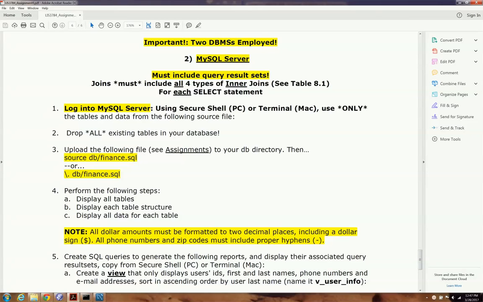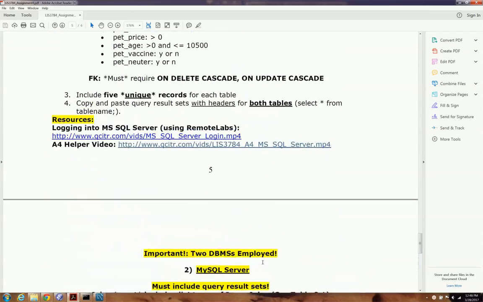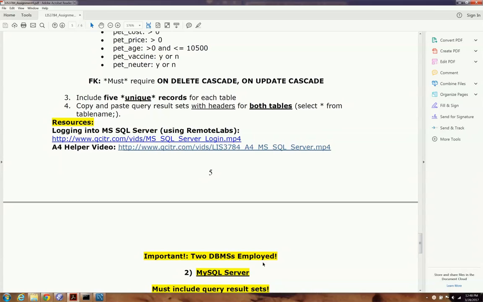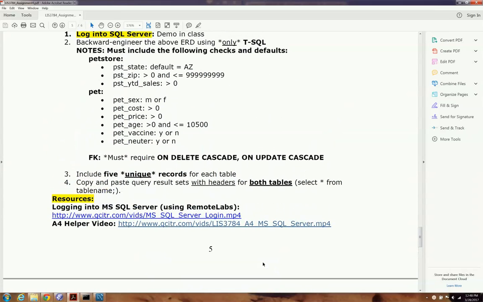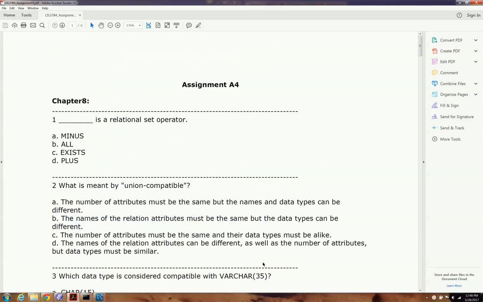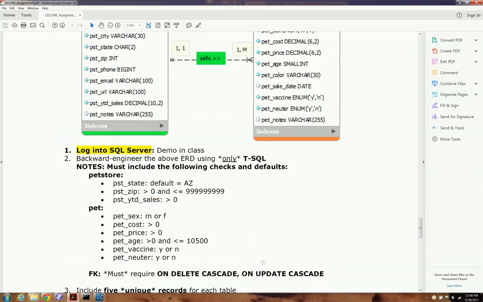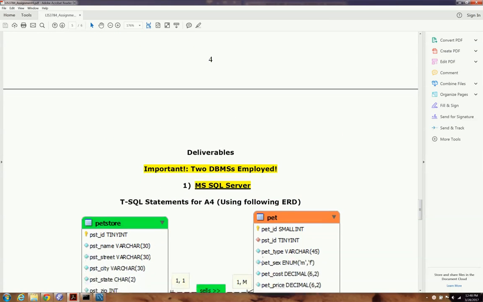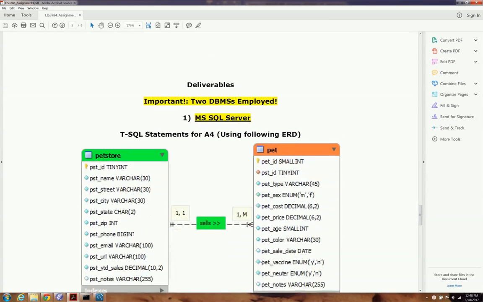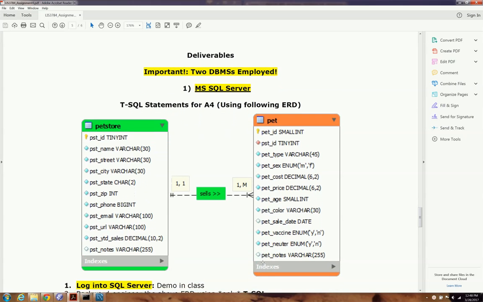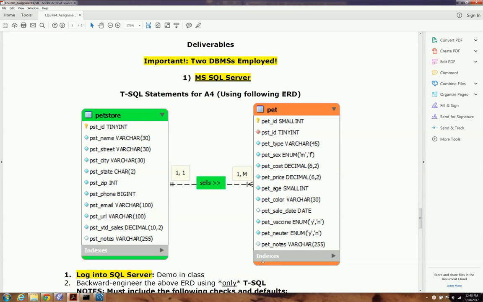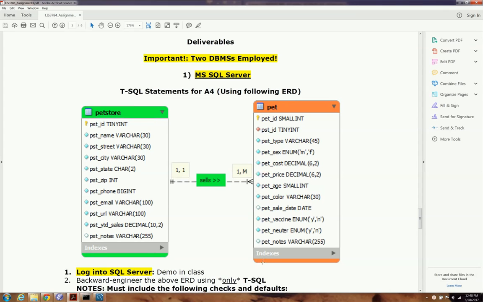Hello everyone. I'm going to go over the second section of the requirements for assignment 4. Actually, the third section, the last section. The first section, of course, are the questions that you'll be doing. The second section is that you'll be creating a database with only 2 tables using Microsoft SQL Server and Transact SQL. That was covered in other